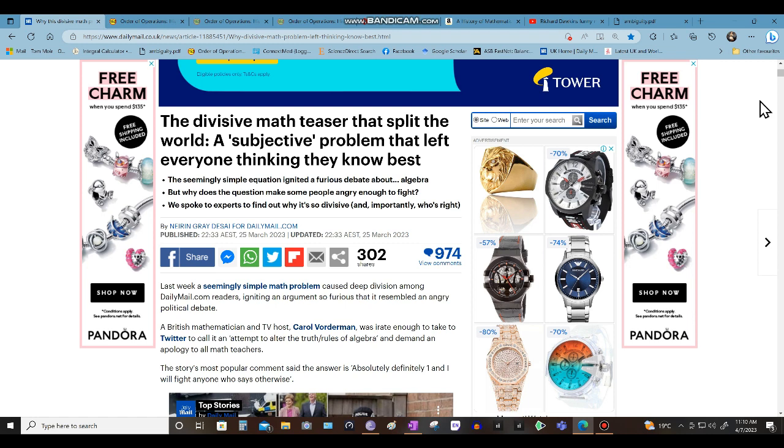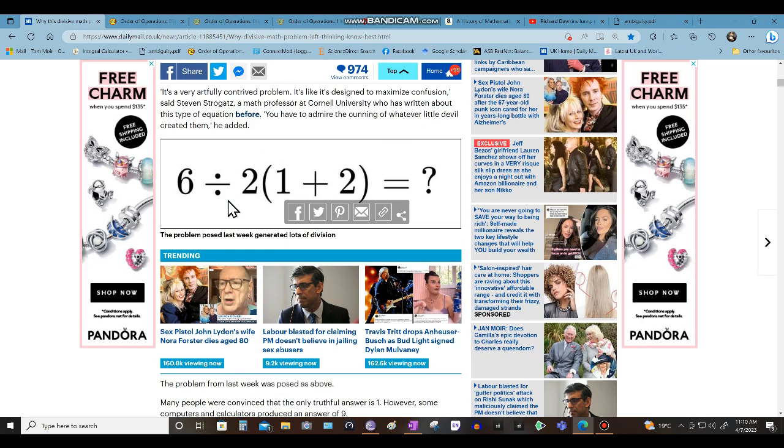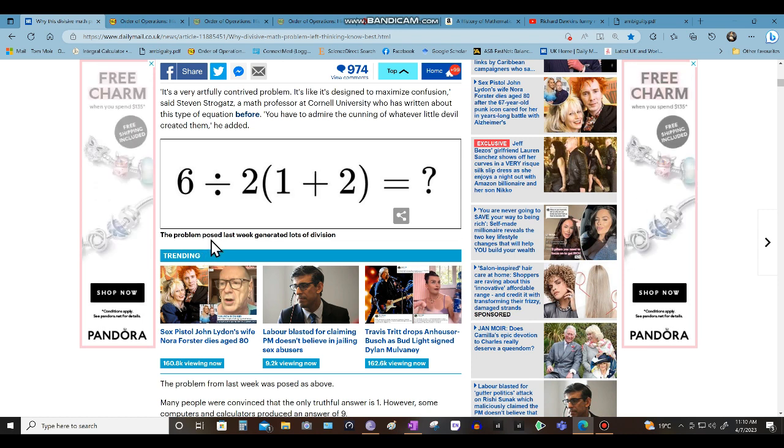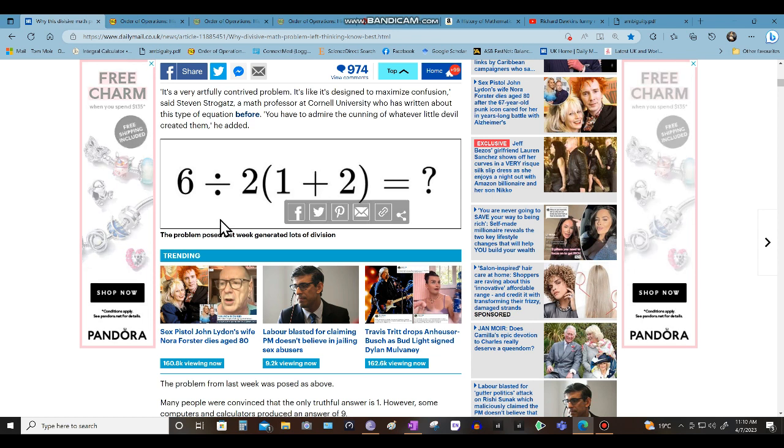And this is that problem that you've all seen, which is the one where you have a division. That's the one here. I'll just show you. There are similar ones all over the internet. 6 divided by 2 times 1 plus 2. I mean, this is pretty trivial for professional engineers, of course. What's the answer to that? Most of us